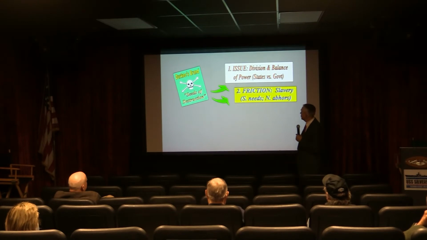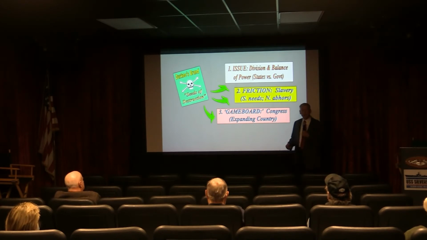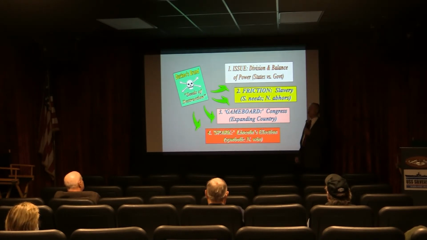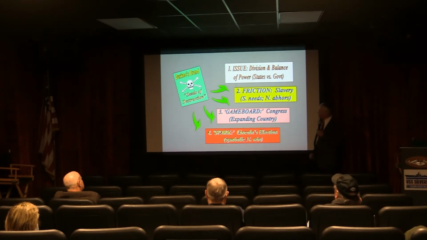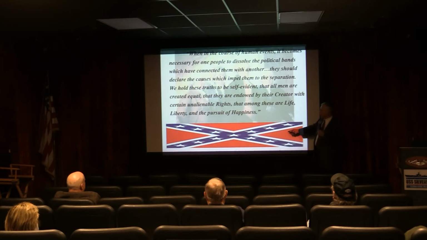It played out across a subject, however, that could not be compromised. You cannot be partly for slavery and partly against. The game board was the entire United States as it developed into states, and the balance of power within Congress representing those states. Ultimately, the South believed that the election of Lincoln had tipped the scale irrevocably towards the North, and there was no place for the South to go but out. And so for those same causes that formed the country, they formed the Confederacy in 1860.